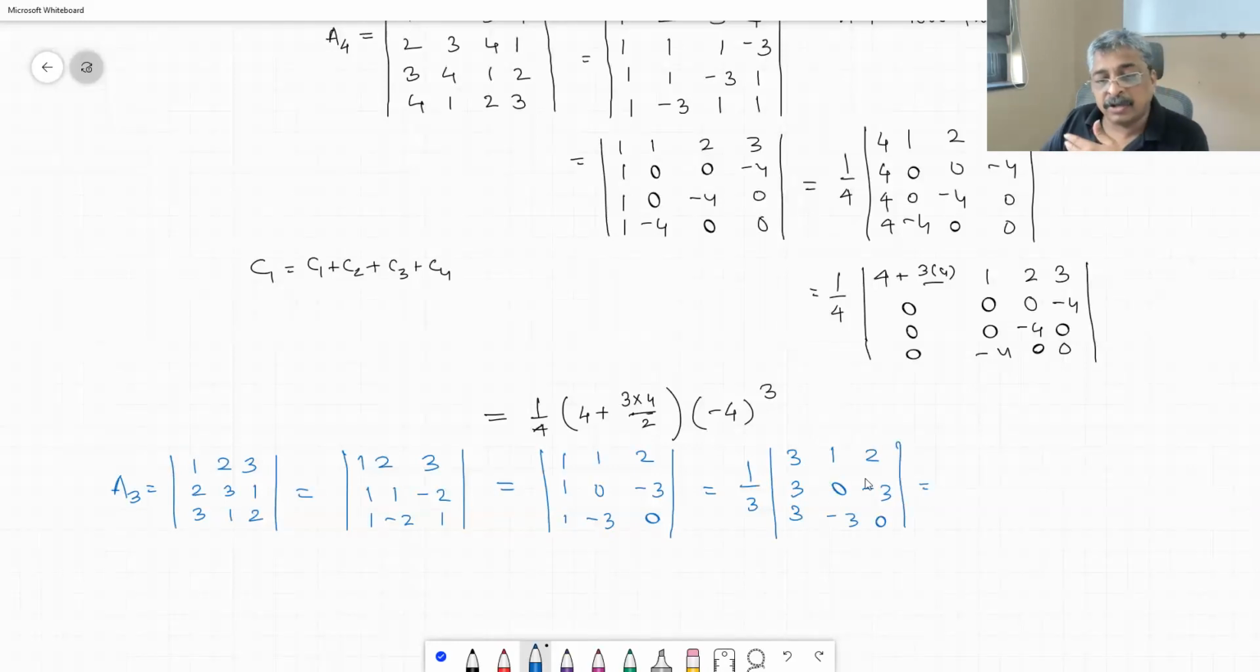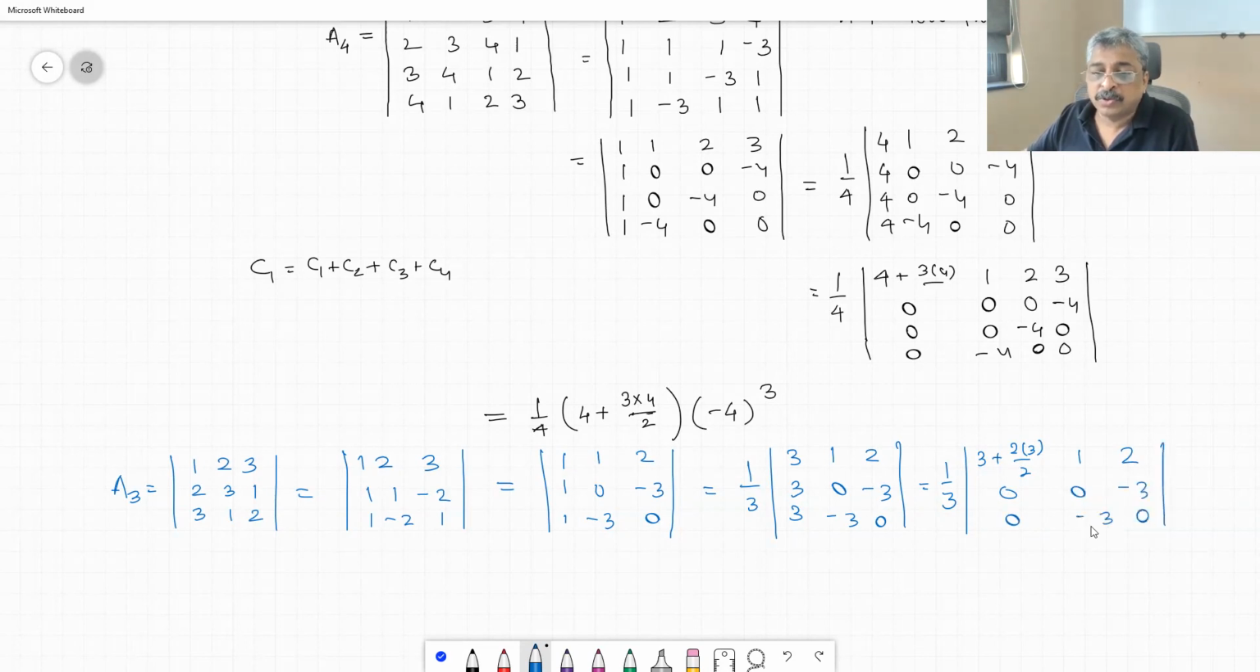Now add remaining columns to first. So 1 by 3, 3 plus 1 plus 2, that is, let me write it as 2 into 3 by 2. That is the entry 1 2 0, 0 0 minus 3 minus 3 0, and hence the answer is 1 by 3 into 3 plus 2 into 3 by 2 multiplied by determinant of this is minus 3 raised to